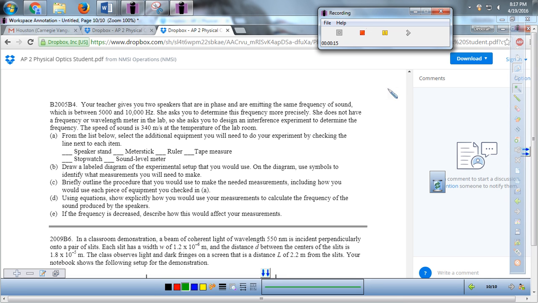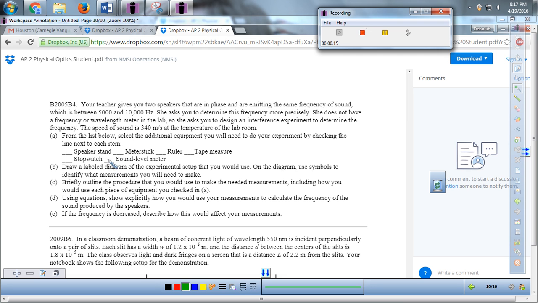emitting the same frequency of sound, somewhere between 5,000 and 10,000. She asks you to determine this frequency more precisely. She does not have a frequency or wavelength meter in the lab, so she asks you to design an interference experiment to determine the frequency. The speed of sound is 340 in that lab room. From the list below, select additional equipment you will need to do your experiment by checking the line next to